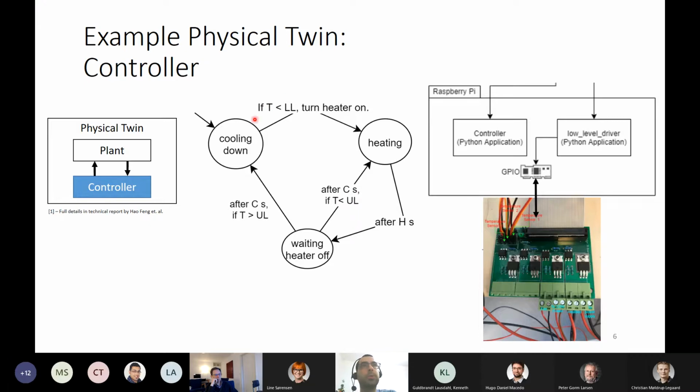Then if the temperature is below the lower level, it turns the heating on. So it uses these MOSFETs to activate the circuit that activates the heater, and we are using a Raspberry Pi connecting via GPIO to turn these things on and off. So it turns on the heating, then it waits for H seconds before turning the heater off, and waiting C